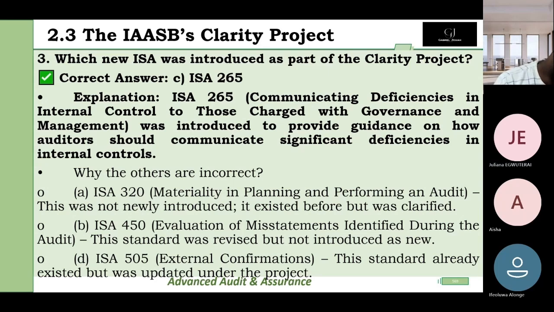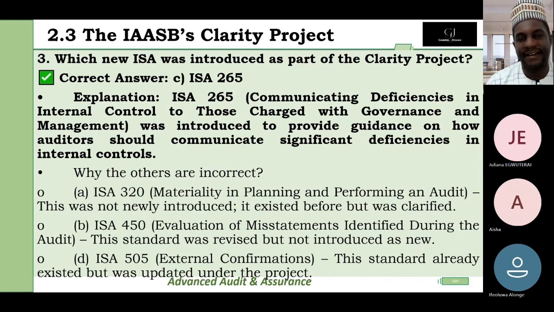265. Everybody got it wrong. But same, ICAN will not ask you this question. So nobody will say what was introduced per pattern. No, ICAN will not ask this. They only ask you 265 to apply it to a question. So just go back and understand. Yes, ICAN will not ask you this from 200, 210, 260, 265. So you need to know those standards and understand the application. ISA 265 is communicating deficiencies in internal control to those charged with governance. So just go back and revise it.